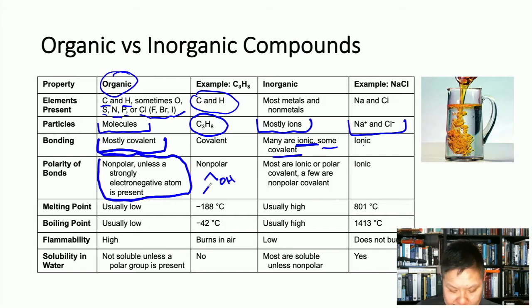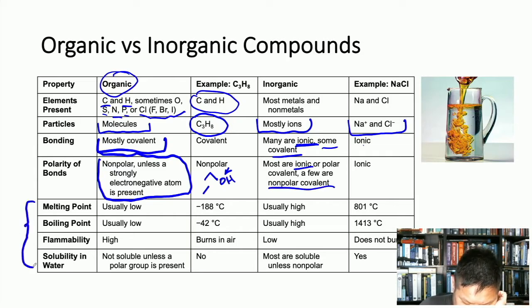So that's the difference. So unless they have something like an oxygen in there, or maybe a halogen or something like that in there, they're nonpolar. Inorganic compounds, though, they're mostly ionic, right? Of course, there are a few that are nonpolar covalent, right? And the next few are the important properties that you need to make sure you're aware of,